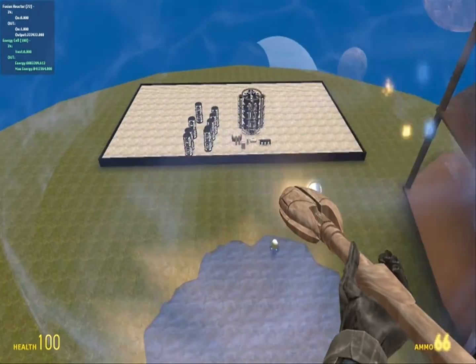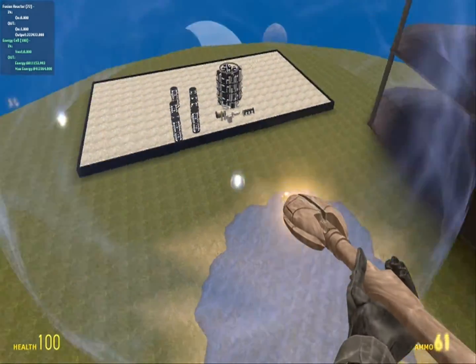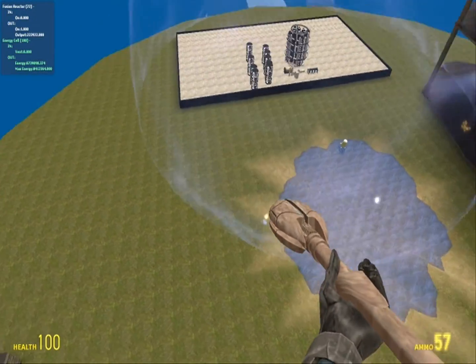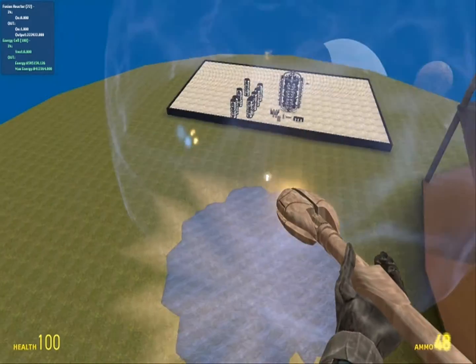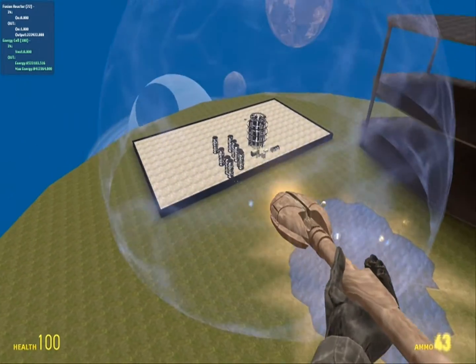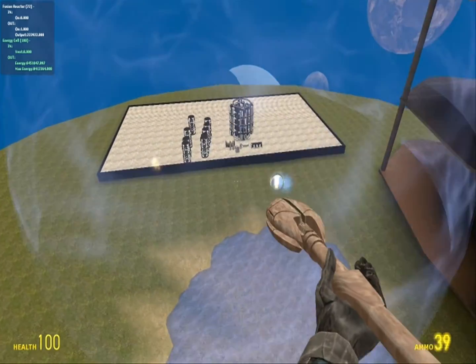I know it's a gigantic shield. You probably want to have this one quite this large on your ship, which I believe we will be building in the next series of tutorials. So, when I'm pounding on this shield with my staff weapon, you'll see it is losing a fair deal of energy, which is,